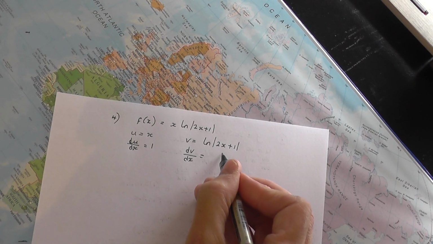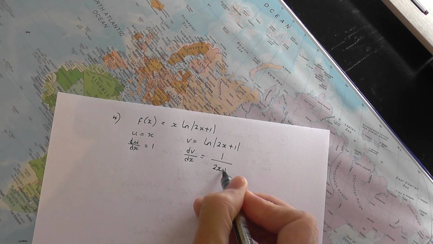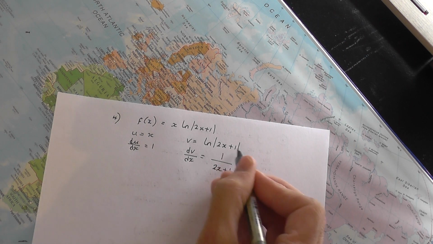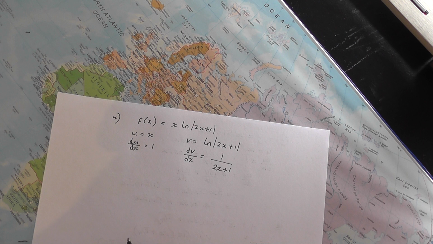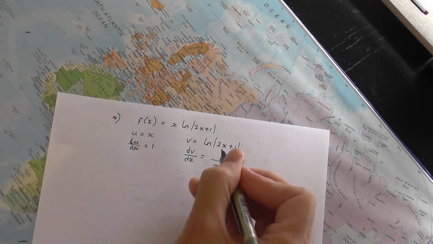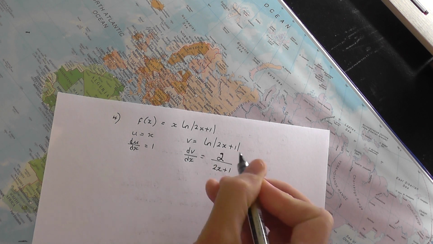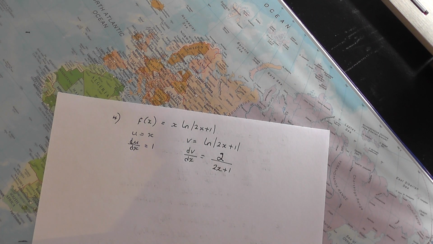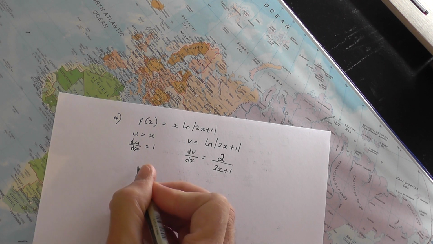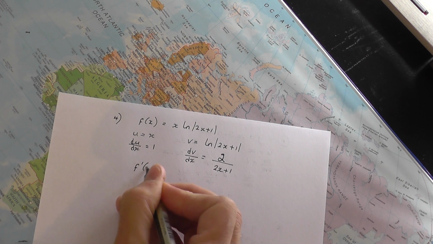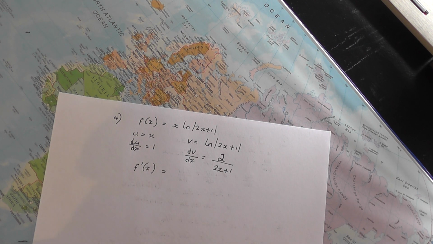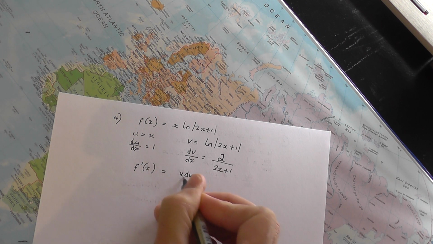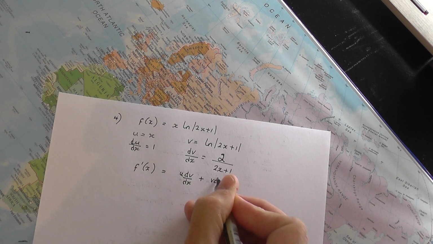So dv by dx will be, got to differentiate that, function of a function. Log takes priority, 1 over the 2x plus 1. You then go inside the bracket, differentiate 2x plus 1 to get 2. You multiply by that, so you get 2 over 2x plus 1. So here we go, f dash of x, that's the notation, u dv by dx plus v du by dx